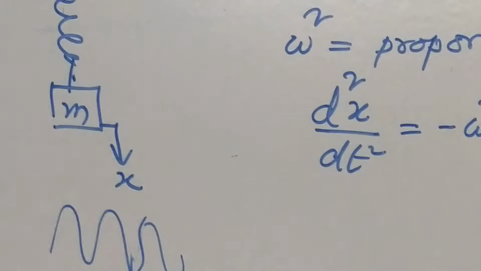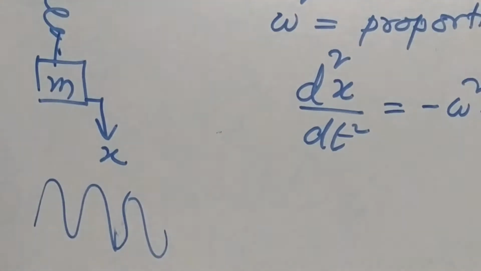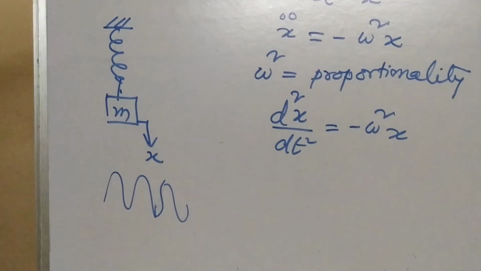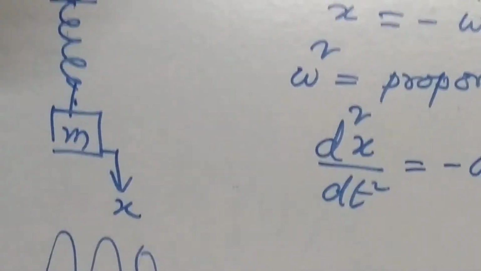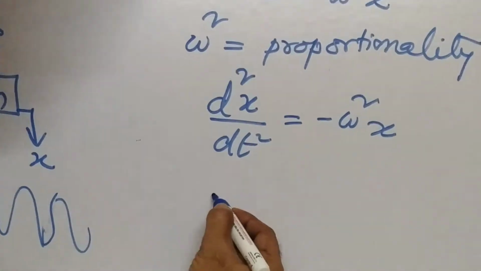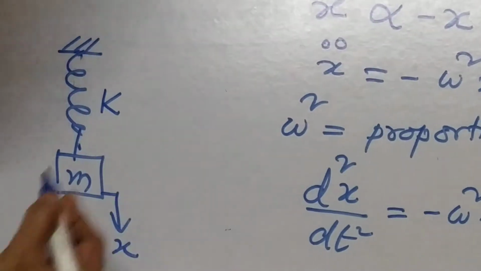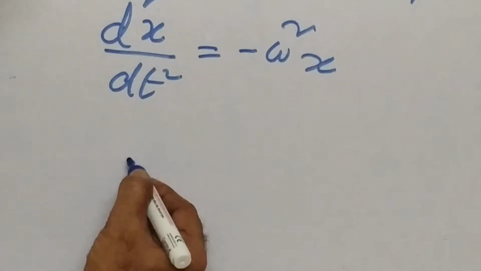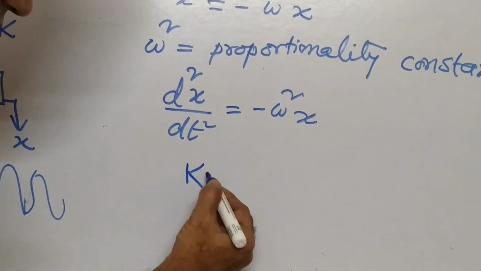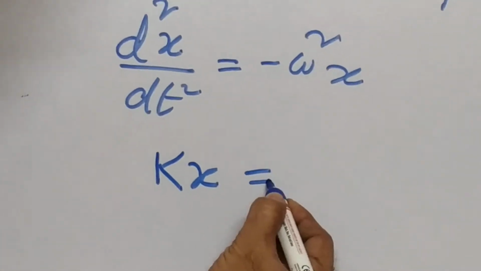Right? It is called harmonic motion. So according to this motion, we know that the spring stiffness is K and it is displacing X. We also know K into X is nothing but